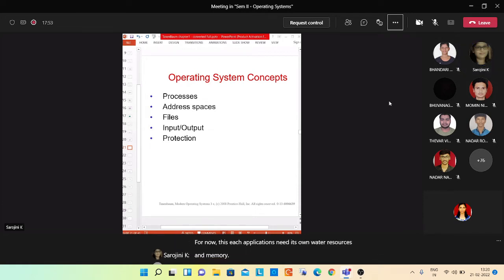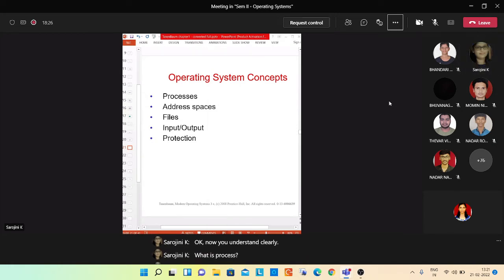So who will handle all this? This is the address space for the first process. This is the address space for the second process. Who will allocate this? Our operating system. The operating system will allocate the address space, or whatever the requirement is. What are the requirements for the process? Okay. Now you understand clearly what a process is.